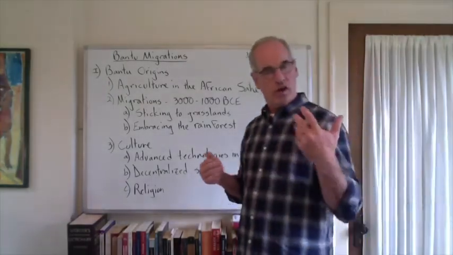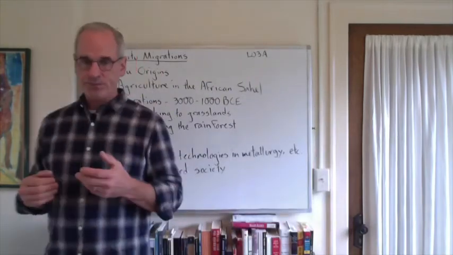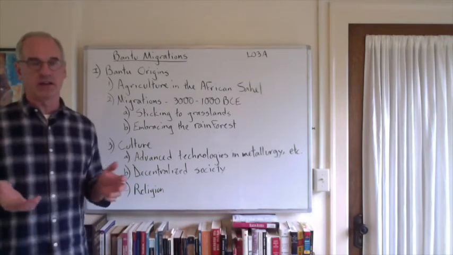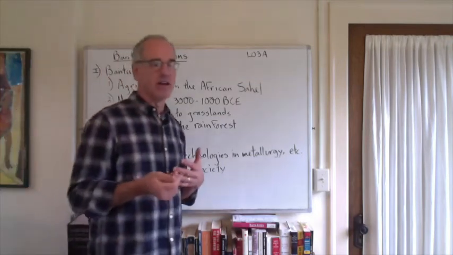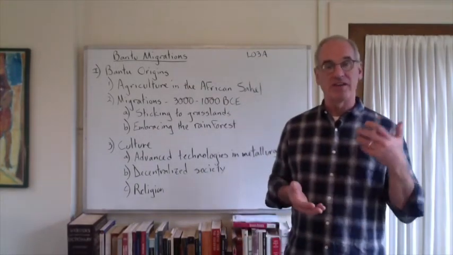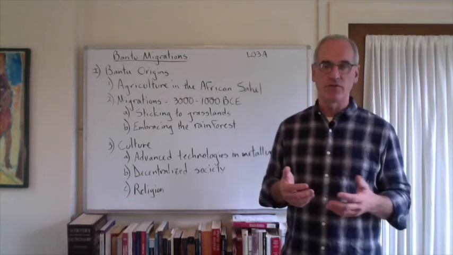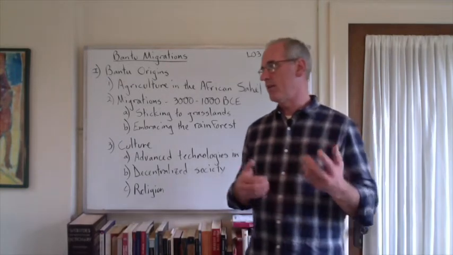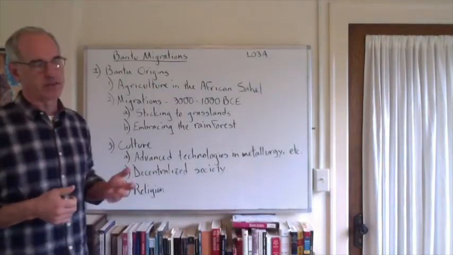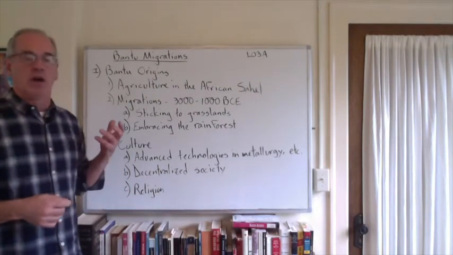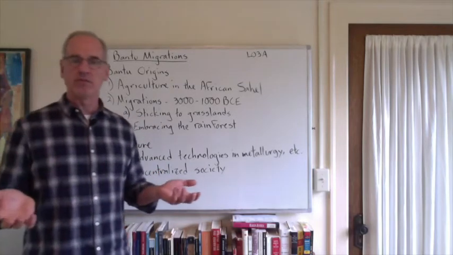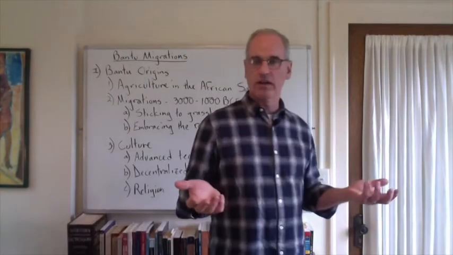Now, what was the culture the Bantu-speaking peoples brought with them? Well, first of all, they had a full package of what we would call advanced technologies for this time period, right? They started off with stone tools, but then they developed metallurgy. They developed iron, which is an advanced form of metallurgy. They had other technologies that you would think of, such as pottery and things like that. And so they had the full package: the agriculture, and domesticated animals, metallurgy, etc.